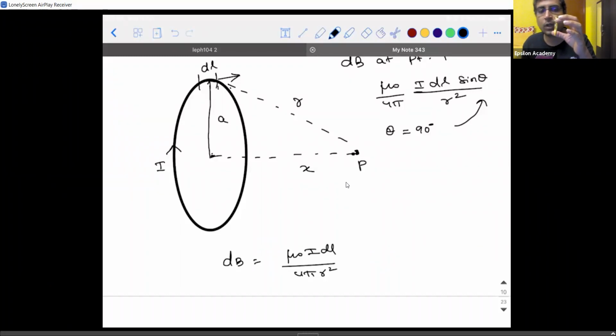Just now I told you a right hand thumb rule. So when you place the thumb of your right hand in the direction of current and curl the fingers, then at point P, you can observe that the direction of dB is going to be in this direction, such that dB is perpendicular to R, because when you're doing the cross product, the vector dB is going to be perpendicular to both the vectors for which you're doing the cross product, out of which R is one of the vectors. Okay, this is one way of seeing. Okay, I repeat it.